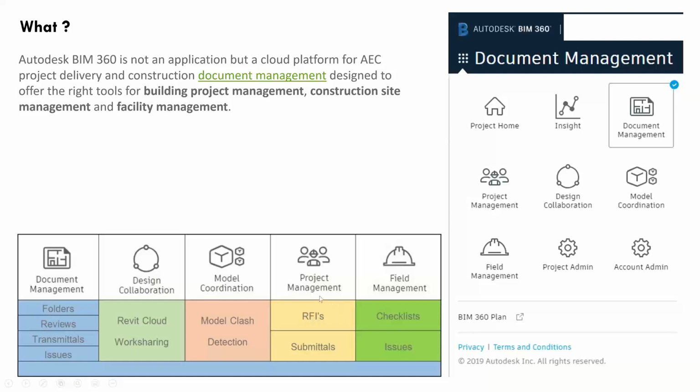So RFI, request for information. The good thing with BIM360 is that you can have either an iPad, Windows tablet, or Android tablet, and you can run BIM360. If it's an iPad or Android tablet, you're going to have an app for it. If it's a Windows tablet, you can use your browser directly. The only thing that you need is your internet connection, and then you can have access to